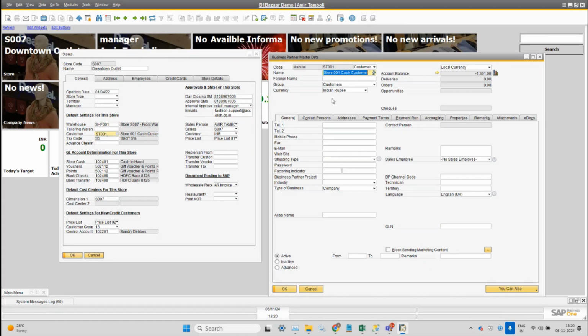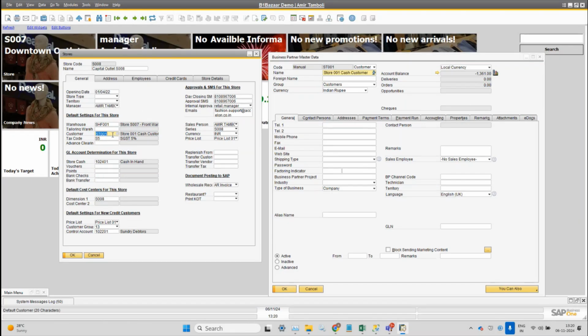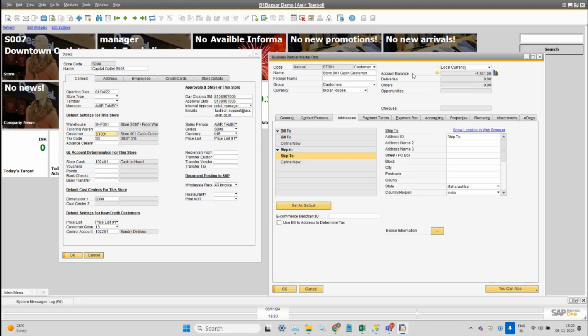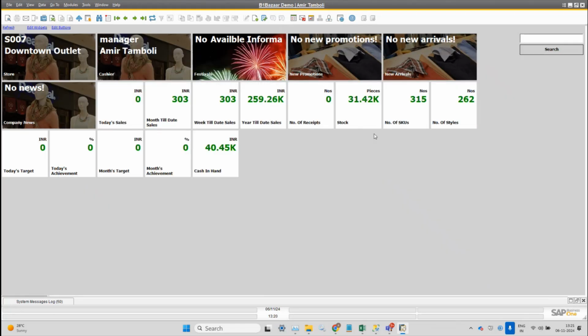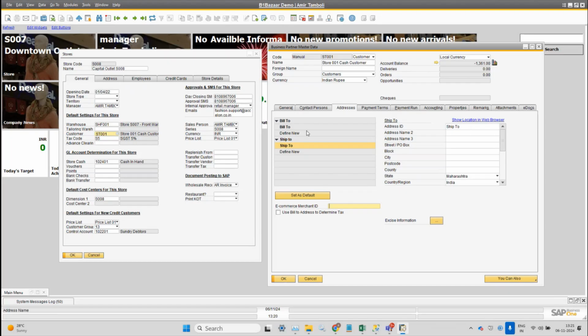I can decide exactly how the configuration should be, or how the customer requires things, or else you can link the entire sales against one customer as well. So that is the part of the configuration, how the requirement is coming out from the customers when we are doing this. The only thing required is the bill-to and ship-to address. Apart from that,